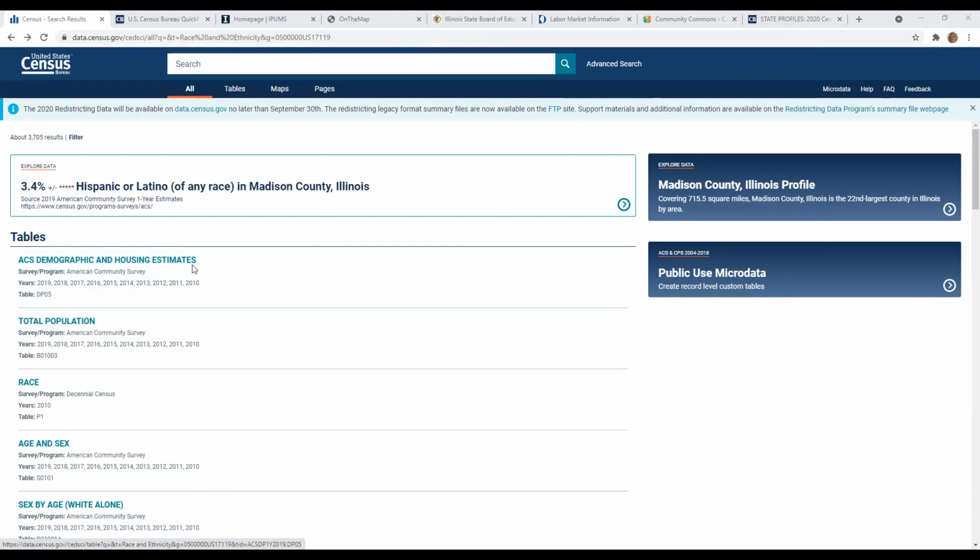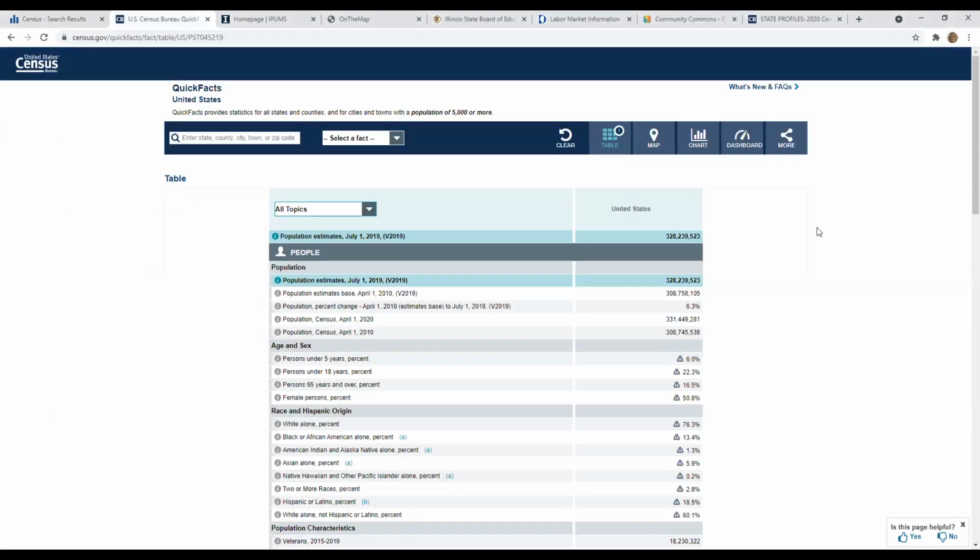The other thing that I had mentioned before is the Census Quick Facts. This is great if you are writing a grant and just need quick information. When you come to this page directly, which is linked in the PowerPoint slides, it automatically defaults to giving you the national information, which is great for comparison purposes. Usually we want to add Illinois. So I'm just going to type that in and add it in, and it'll actually put it right next to it,